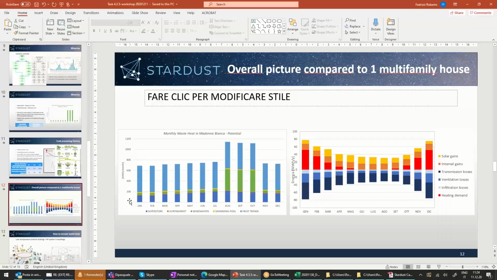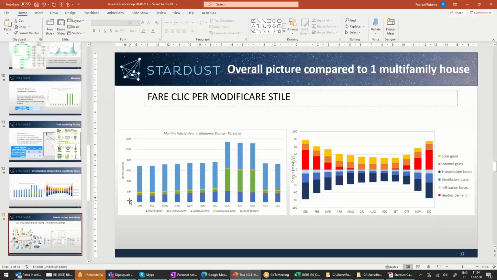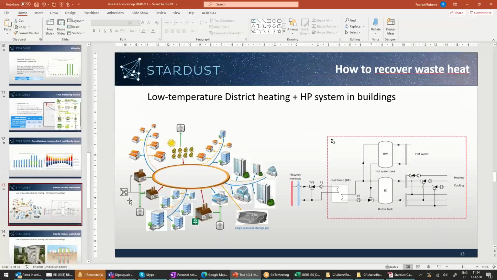So this is the potential analysis. What we did is to look into how to recover it, and how to make it district heating. Another way, shape of district heating compared to what we have seen in Spain before. So this is low temperature distribution, meaning that you can distribute